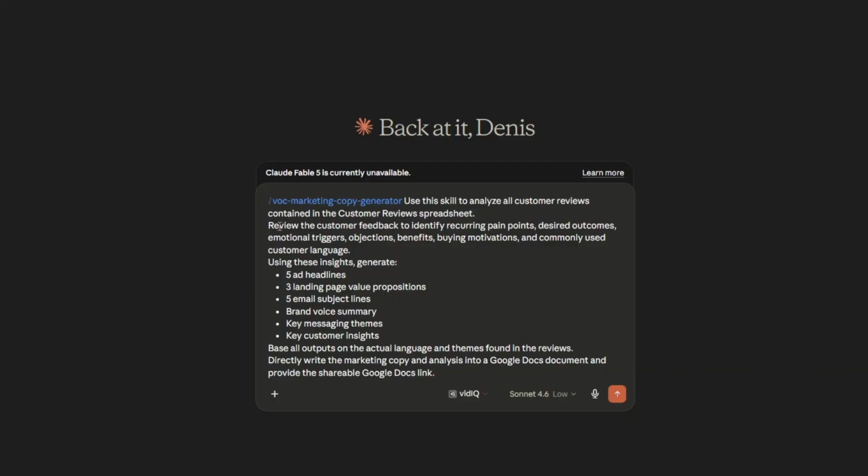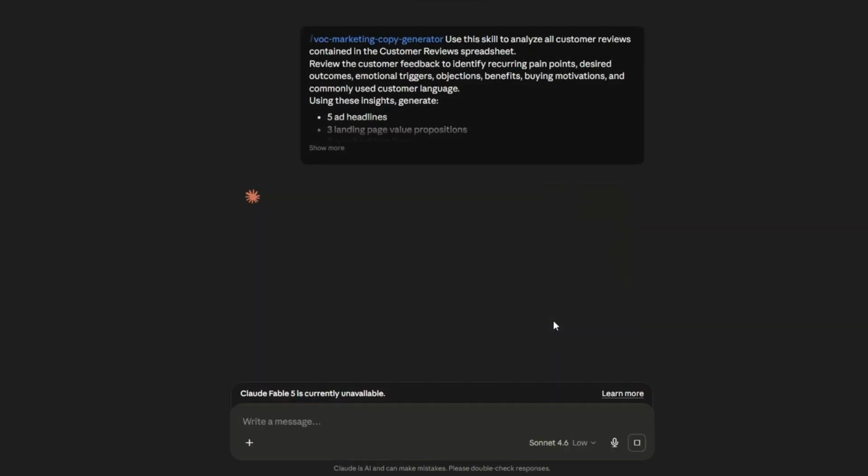And so here we're telling it, review the customer feedback to identify recurring pain points, desired outcomes, emotional triggers, objections, benefits, buying motivations, and commonly used customer language. Then use the insights to generate 5 ad headlines, 3 landing page value propositions, 5 email subject lines, a brand voice summary, key messaging themes, and key customer insights. Base all outputs on the actual language and themes found in the reviews. Then directly write the marketing copy and analysis into a Google Docs document and provide the shareable Google Docs link. Here, I'll hit enter